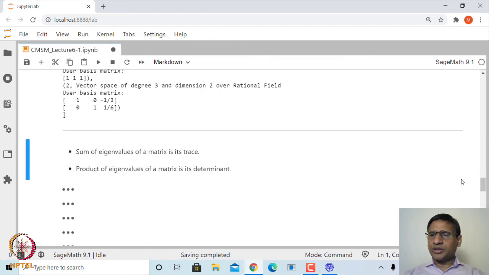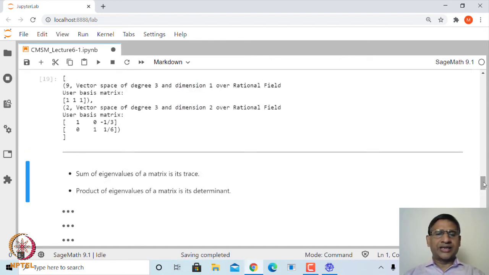Okay. If you take the sum of all eigenvalues of a matrix, it turns out that that is the trace of the matrix, that is, the sum of diagonal entries of a matrix is known as the trace of a matrix. Similarly, if you take the product of all the eigenvalues, that turns out to be the determinant of the matrix. As a result, if the determinant is 0, that means one of the eigenvalues has to be 0, and vice versa. In case one of the eigenvalues is 0, then the determinant of A must also be 0, right.